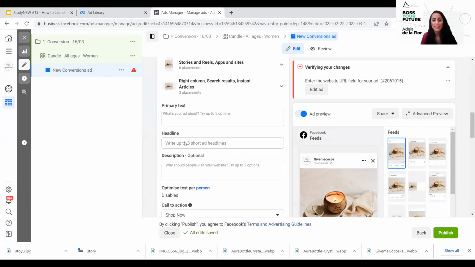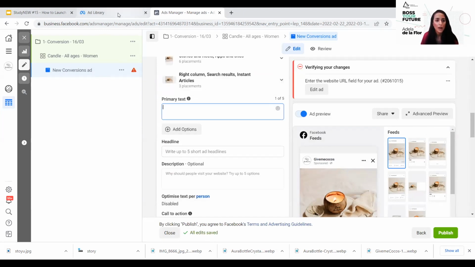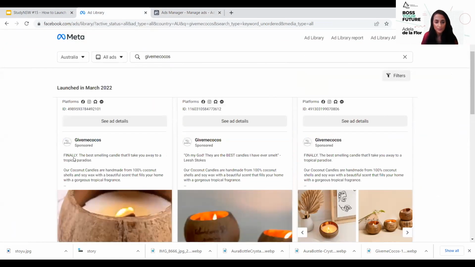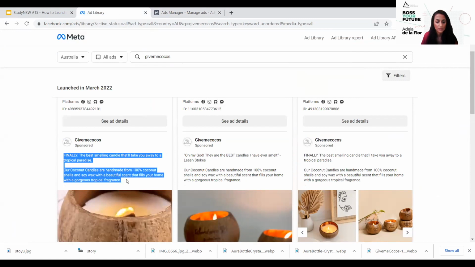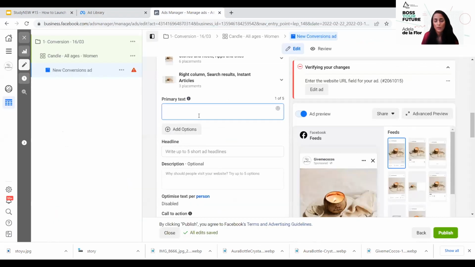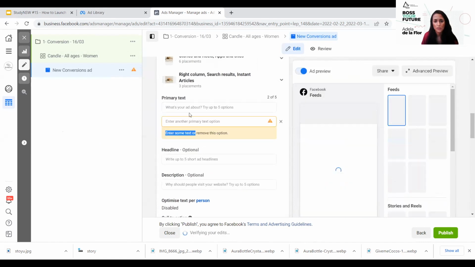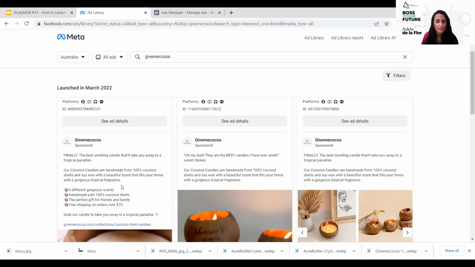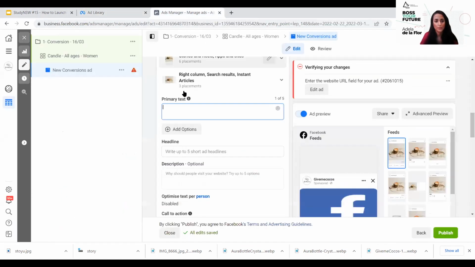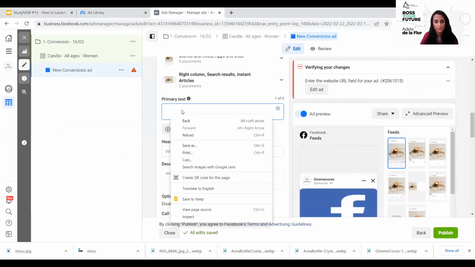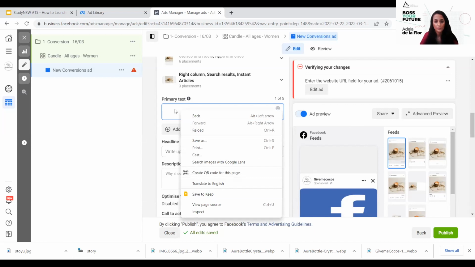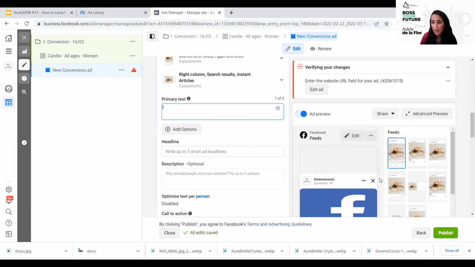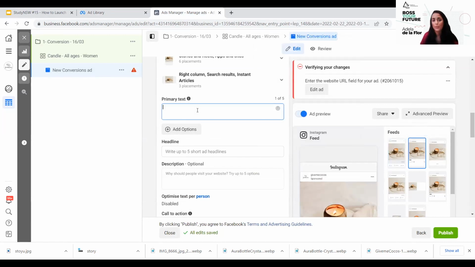So here in the text, you can grab ideas from here. Normally I do this even before I write my ad options. Let's see. Oh, I don't have it. I normally write different captions before I'm in this step. Oh, let me see if I can copy and paste. Otherwise, we will make it up. Cannot paste. Well, it's okay. So what we will do in here, for example, is say